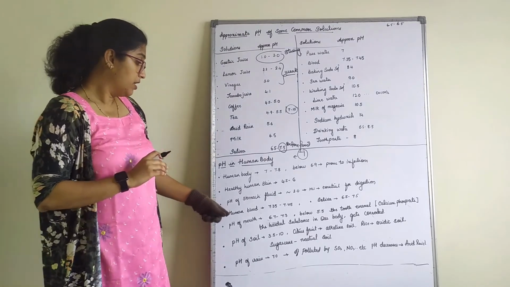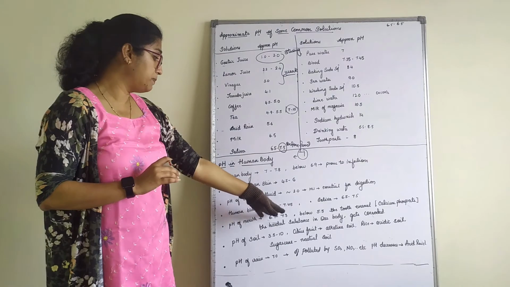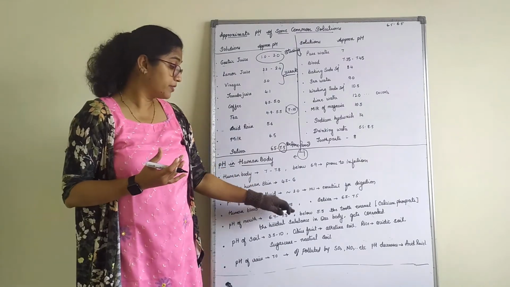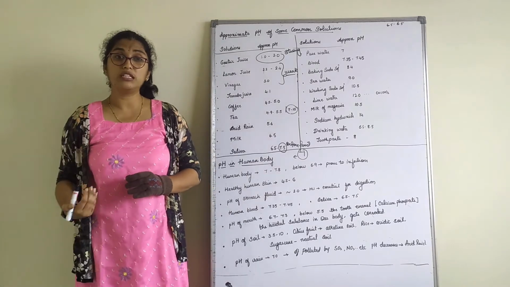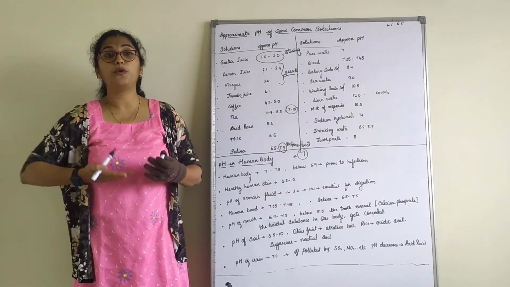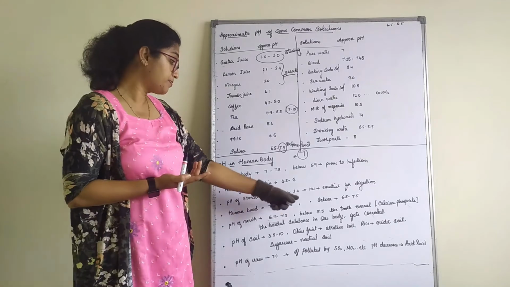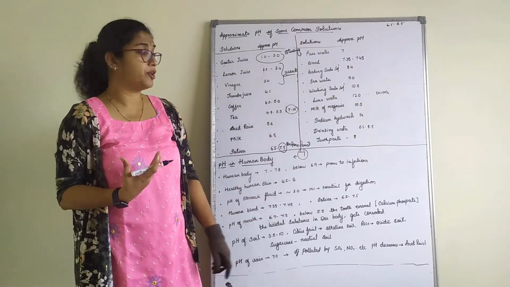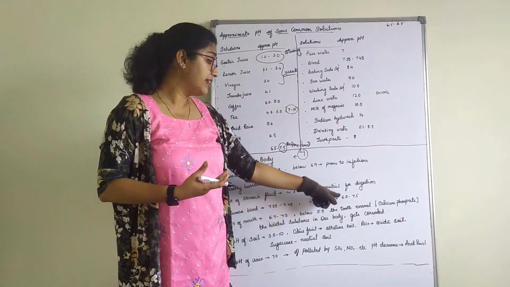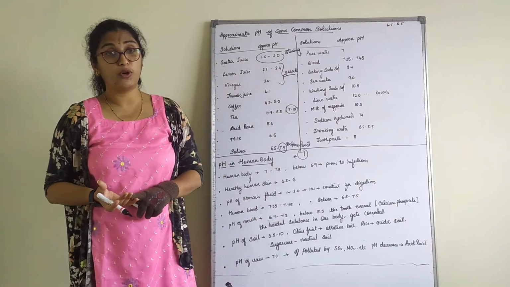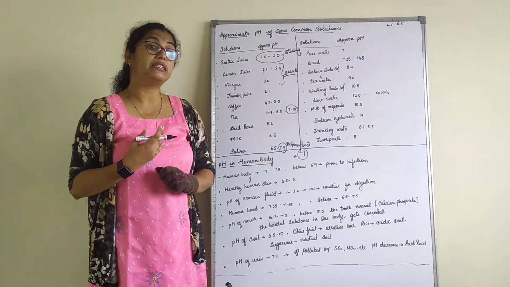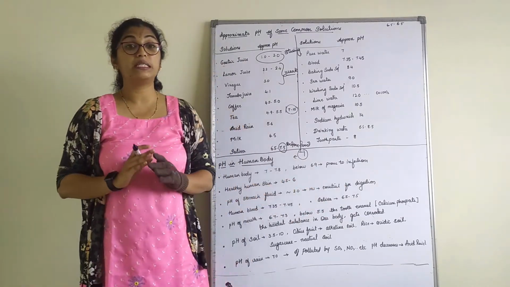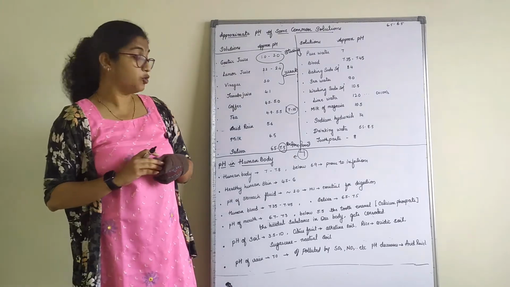Next one. Human blood, we have already understood the pH falls between 7.35 to 7.45. What happens if it falls below that? Same thing, you are prone to so many diseases. Saliva, the pH, since we are talking about the human body, let's again discuss that. Saliva is 6.5 to 7.5. At 6.5, it is acidic, after consuming food. 7.5 is basic, that is before consuming food.